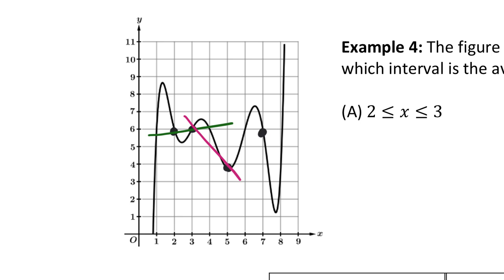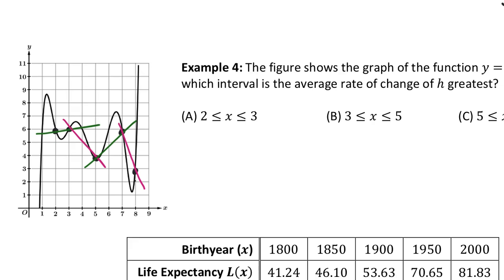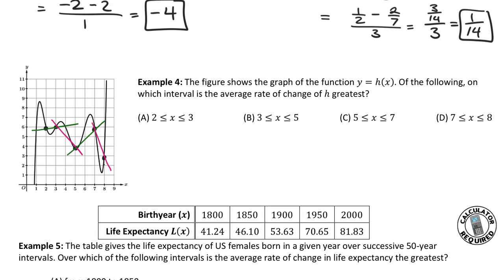If I check between 5 and 7, what kind of slope do you have? Positive. If I check between 7 and 8, what kind of slope do you have? A negative. So remember, we're asking for which one is the largest, which interval for the average rate of change there is the largest. Which two can I for sure eliminate? The negative ones, which means B and D are going to be gone because those have negative rates of change